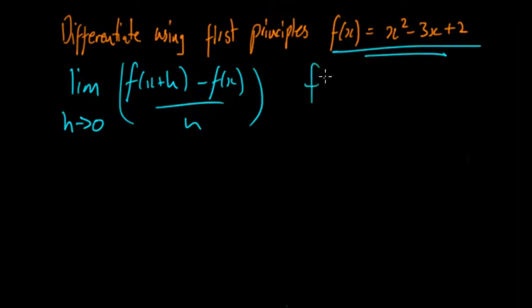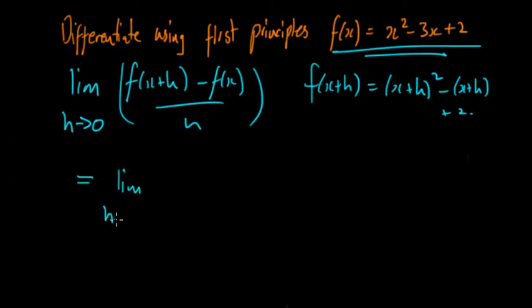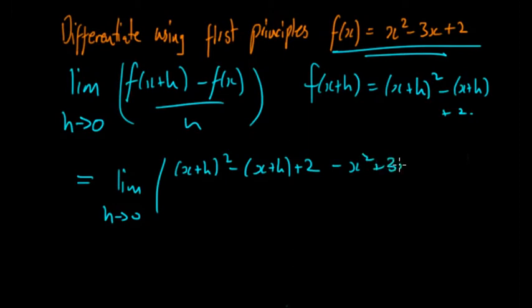So when we're saying f(x plus h), what this means is we have to sub in x plus h for every x value. So (x plus h) squared minus 3(x plus h) plus 2. So we'll sub in these values, so we get the limit of h going to 0. We'll leave that there for the moment because if we sub it in now, we'll divide by 0, it's undefined. So we get (x plus h) squared minus 3(x plus h) plus 2 minus